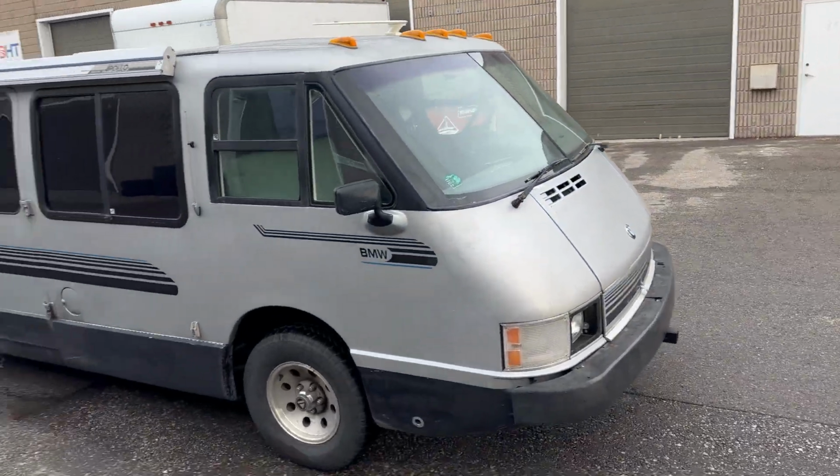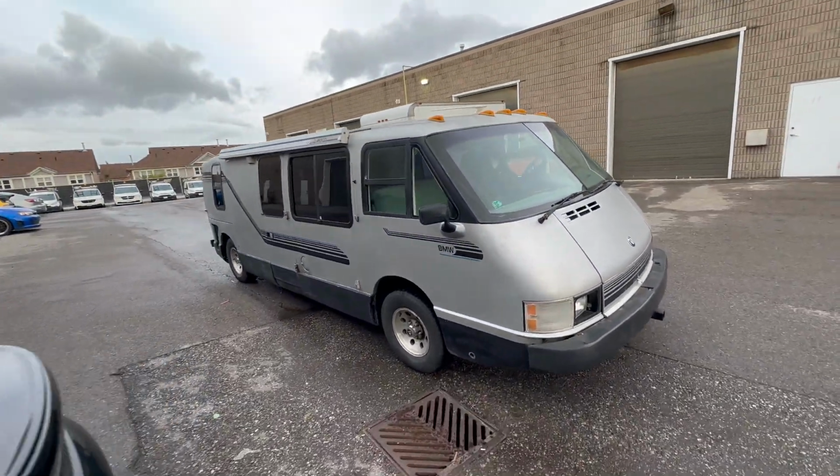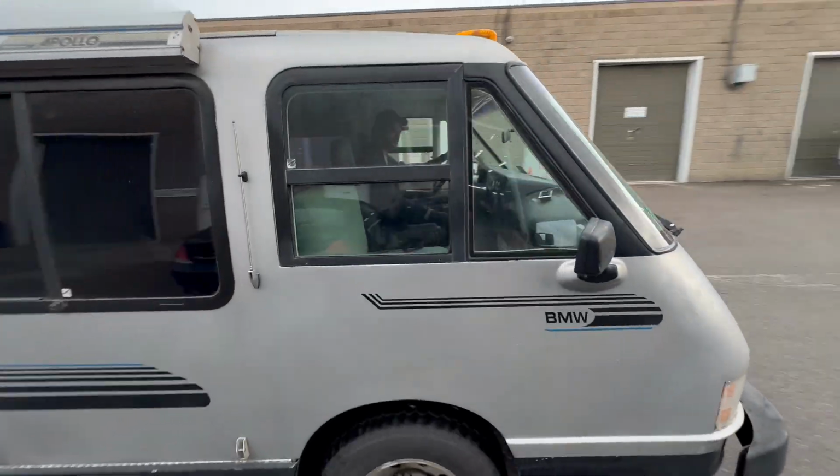Looks like our job was successful. Now she goes and she stops. The front end seems a little bouncy, but that will be a